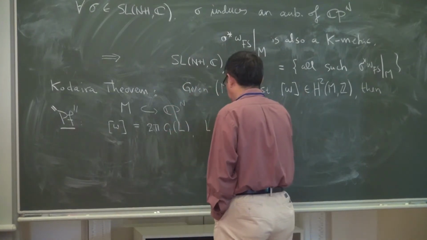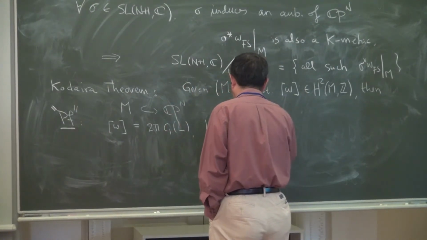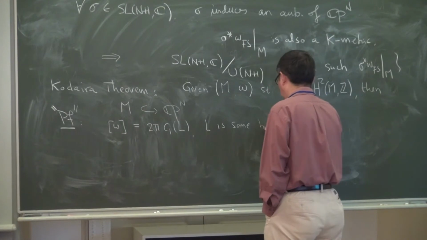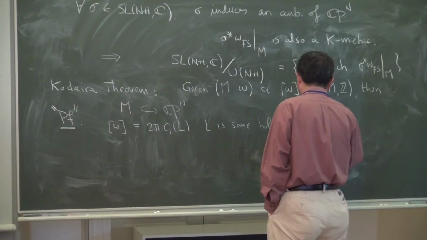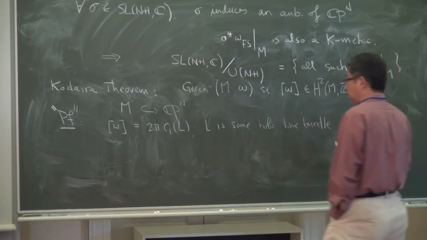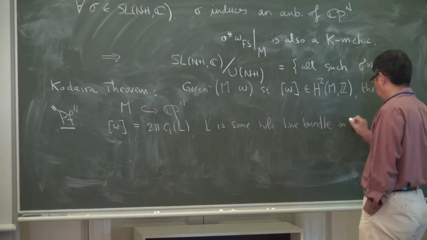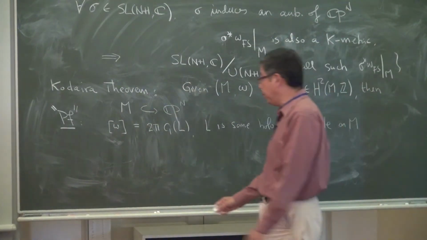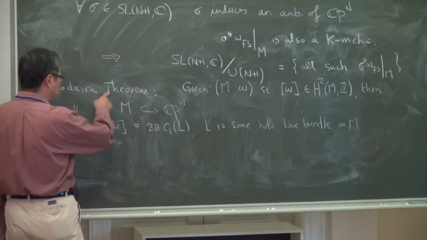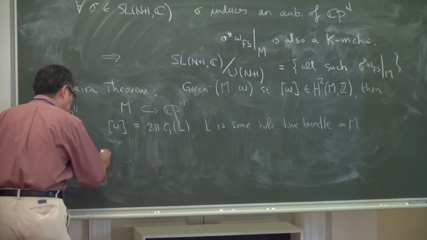So here is some holomorphic line bundle on M. Okay. So since omega is positive, what Kodaira did is choose